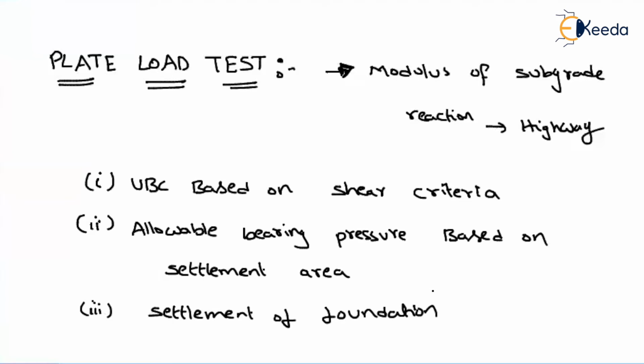So, wherever the soil is failed, that we can consider it as the ultimate bearing capacity, and depending upon the importance of the structure, we have to keep some limit of the settlement. So depending on that, we can also find out how much loading pressure or how much bearing pressure we can apply on that. And also, if you apply specific loading on the foundation, we can also find out how much settlement can happen. First, let us see what we'll do and what is the procedure to conduct the plate load